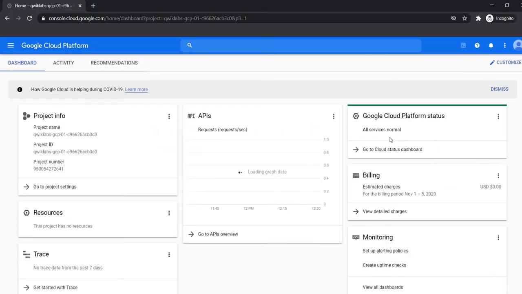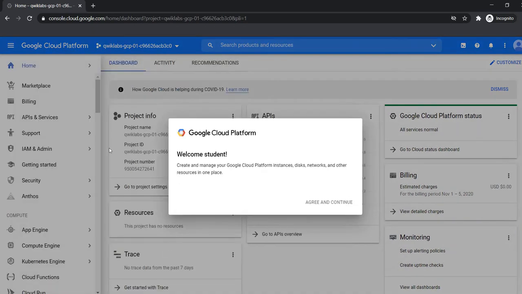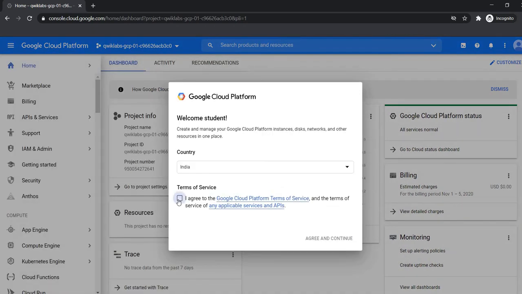All these things we did in the previous labs, so I'm going too fast.